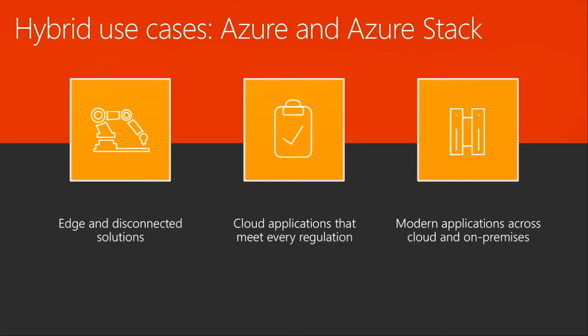The first one is for those customers that would love to go to the public cloud, but simply cannot. Physically, they cannot, because maybe they are deploying in some remote location where there is no connectivity, or where the connectivity is very unstable or very slow. Therefore, they can't leverage a public cloud because the bandwidth is too small or unstable. So that's what we call the edge and disconnected scenario.